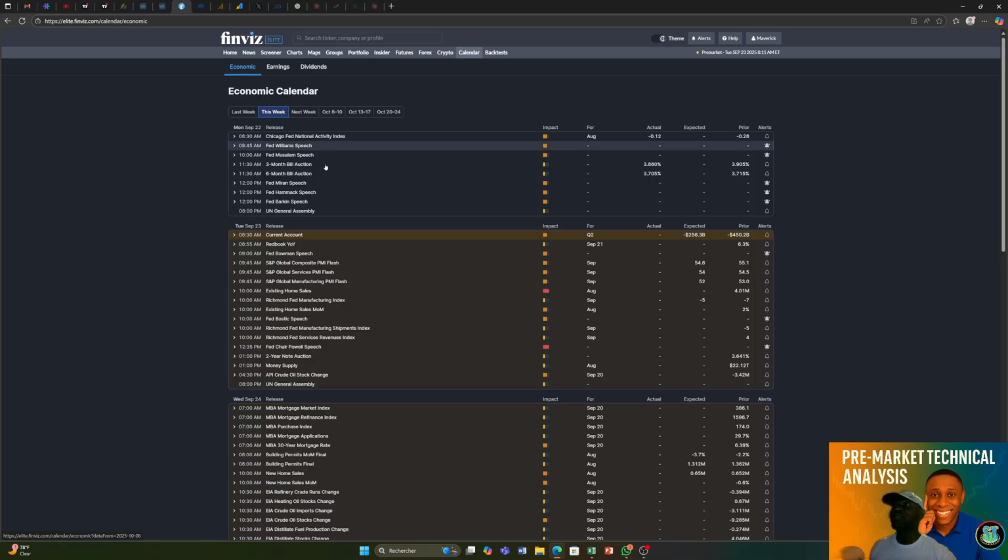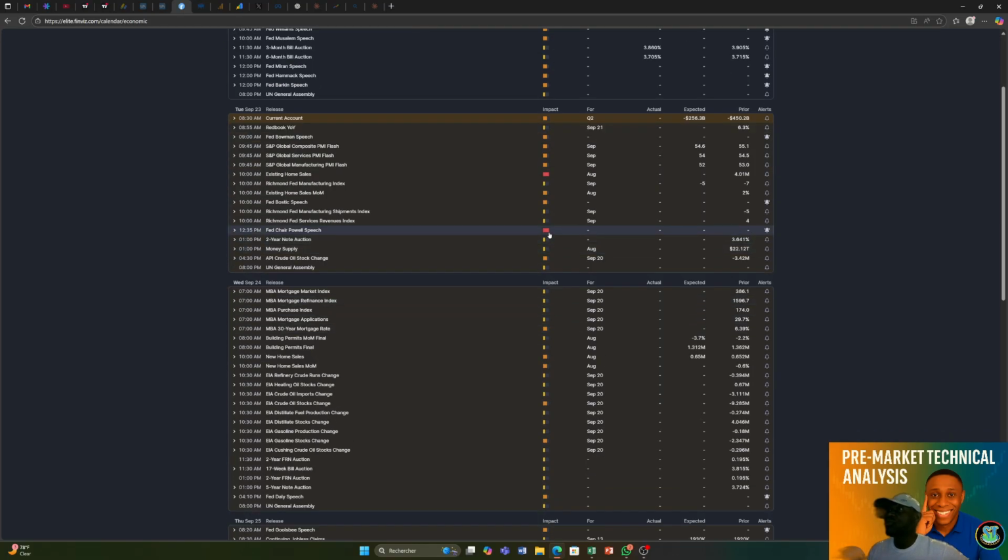So yes, now you have the calendar. For instance, you have a calendar that shows us three specific sections. The economic calendar, in terms of what's going on. So today's September the 23rd. And then the impact here is by color coding. So three red candles means it has more impact. So for today, for instance,